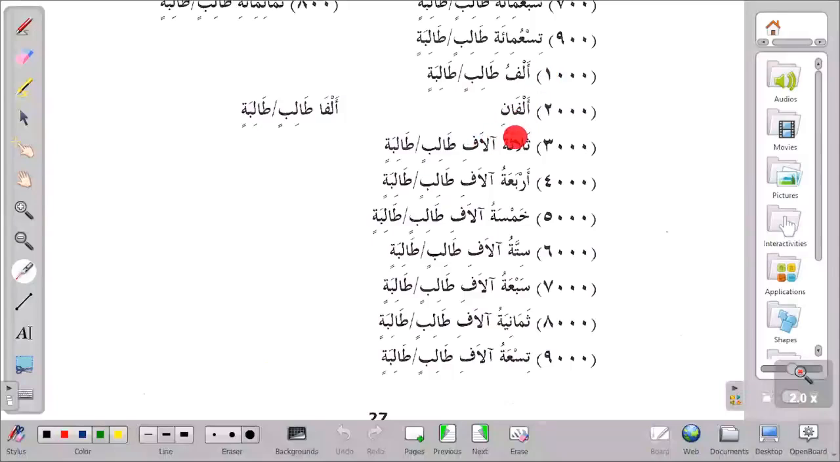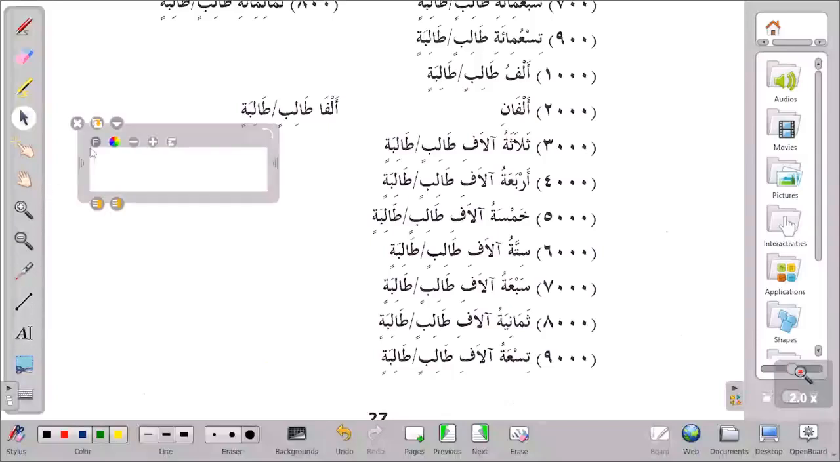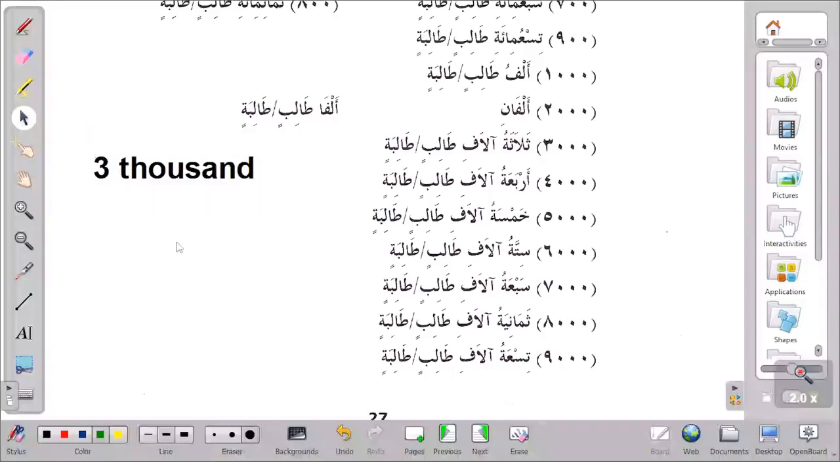Because see, we said counting from, let me write it in English. Like we say 3,000. If someone sees 3,000, the 3 is like the number, and then the 1,000 is like the ma'dud, the thing we are counting. 3, and then this is the thing we are counting, thousands. You understand? So it's the same thing here. Salasatu alaf, 3,000. So you can remember that when we are counting things from 3 to 9,